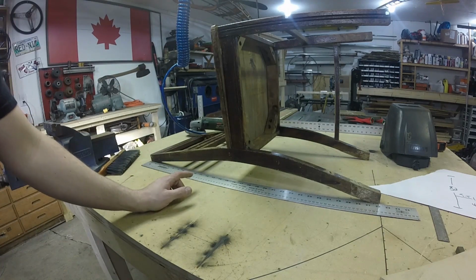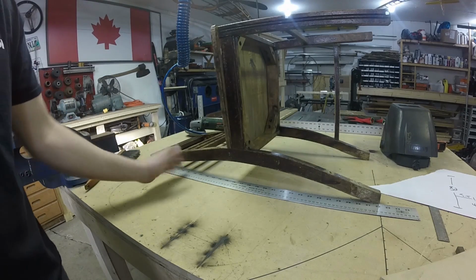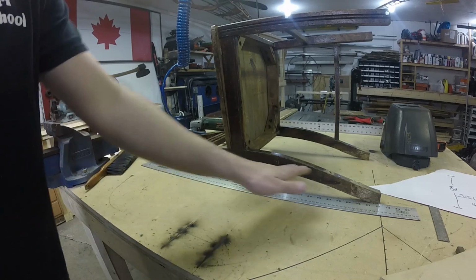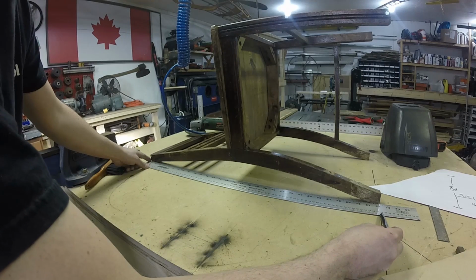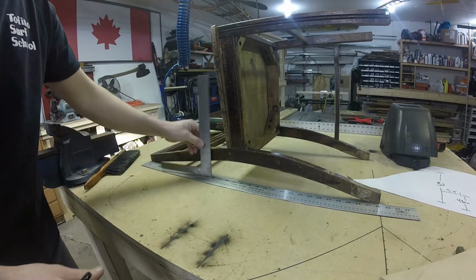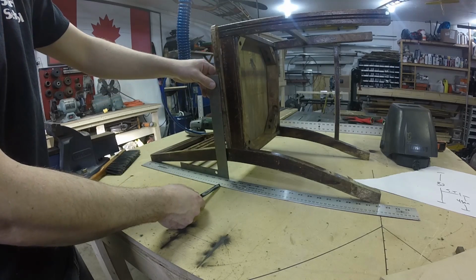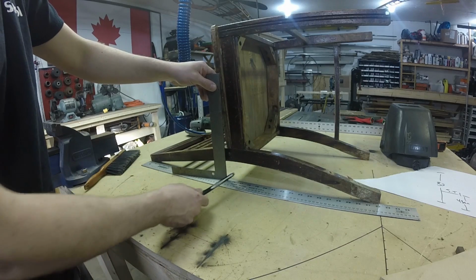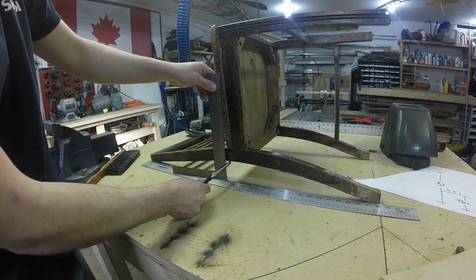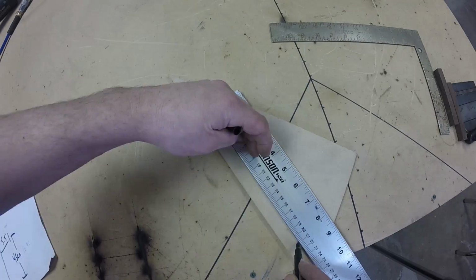So in order to get my shape for the back brace, or the back of the chair, where the leg and the actual back of the seat, I'm just going to do some measurements here. I have it laid on its back, so I can measure the total height of it, which is around 82 centimeters. Then I can go along with my square to find the base of the seat starts at about 38 centimeters from the top, and then curves down from there, and it's also about 43 centimeters off the height of the table here. So I'll take all those measurements and I'll divide them by 4 to get my quarter size,